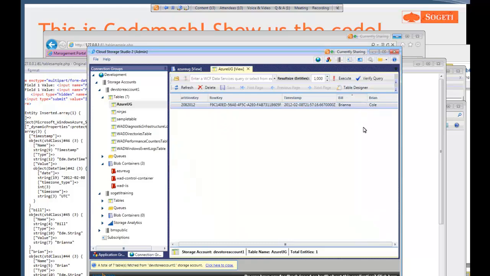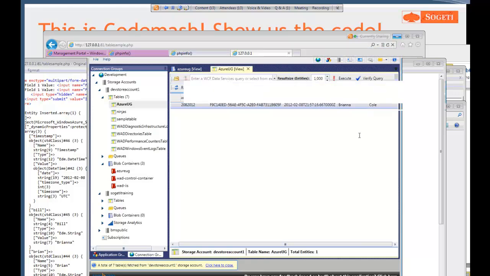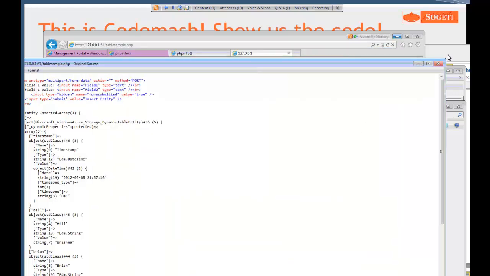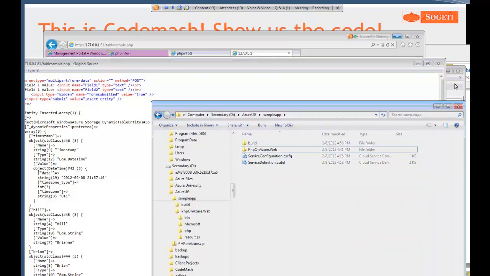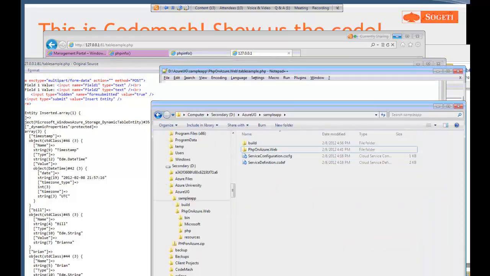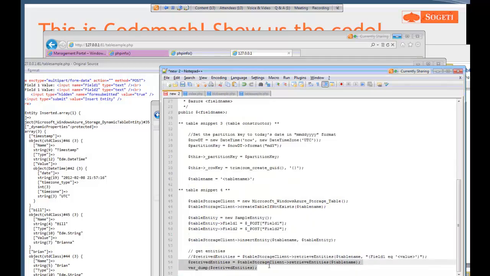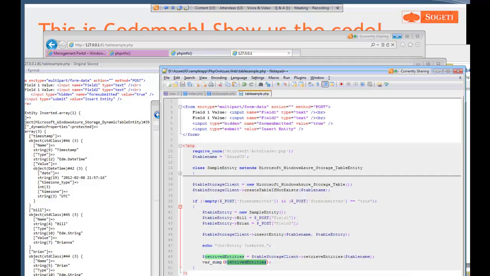If we wanted to, let me get back over to my editor, we can actually do some quick filtering. So I have another query here that I've saved. Back over to table sample, comment that out, and let's now end up saying field bill needs to be equal to the value of Wednesday. So if I save this and redeploy,